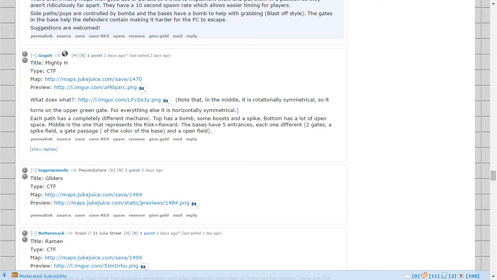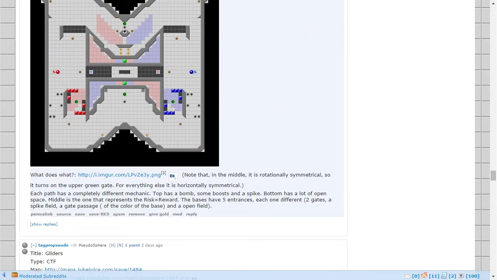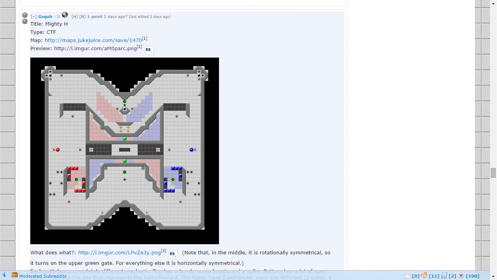Alright, Mighty H is really big and looks quite complicated. I didn't see this one before, but man, that's easy to lose people in. Whoa. And it's got that boost across too. There's that 1 second cap if no one gets the button. Right. But it's way too much of a concept